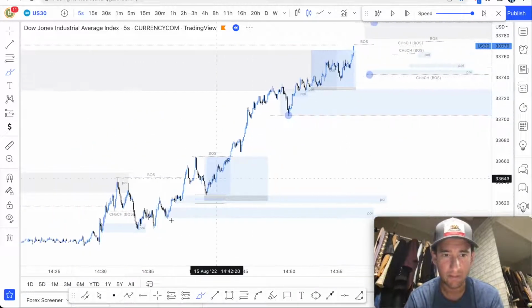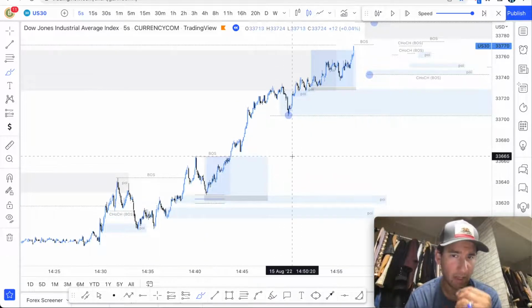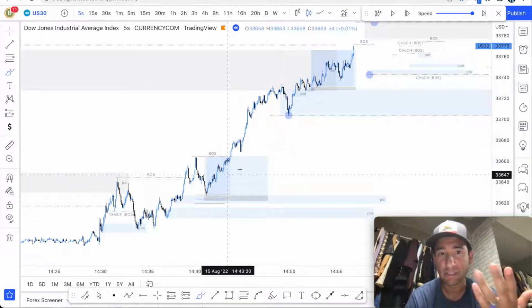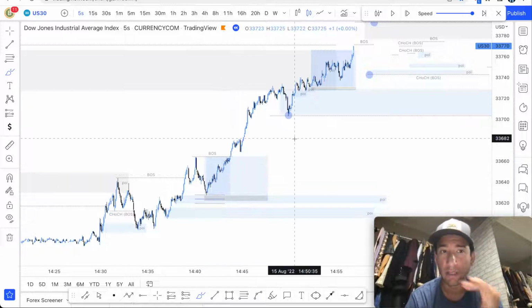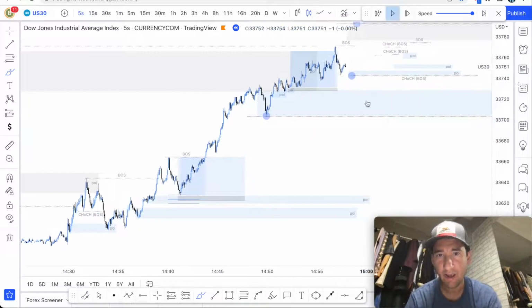Okay, and then these are the two trades that we've taken. So again, we're just scalping. We're looking where the main direction of the market is, which is on the higher time frame, and then we just look to follow structure on the lower time frame, follow the order flow and structure on the lower time frame. So once this happened, again, now we're sort of